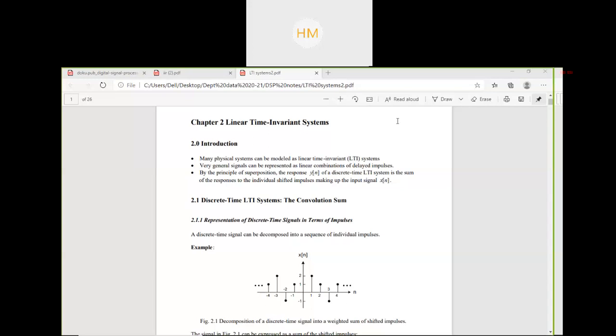In Y of z, how many terms do we have? As many as the impulse response given, Y of n: 1, 2, 3, 4, 5 terms were given in the Y of n expression. So in Y of z we have 5 terms and in H of z we have 3 terms. Is it clear? Dividing this, you will get the answer. After dividing, the quotient will be your result. The remainder will be 0 over here and your quotient will be your solution to that problem.